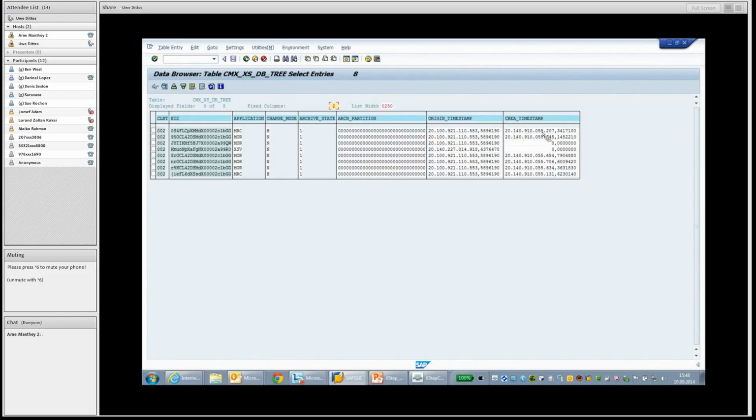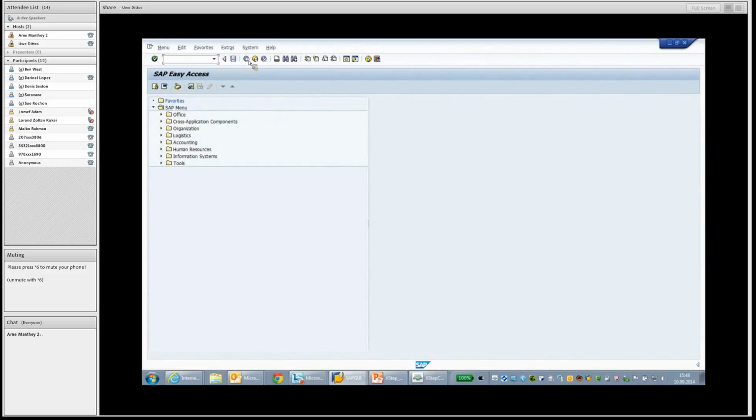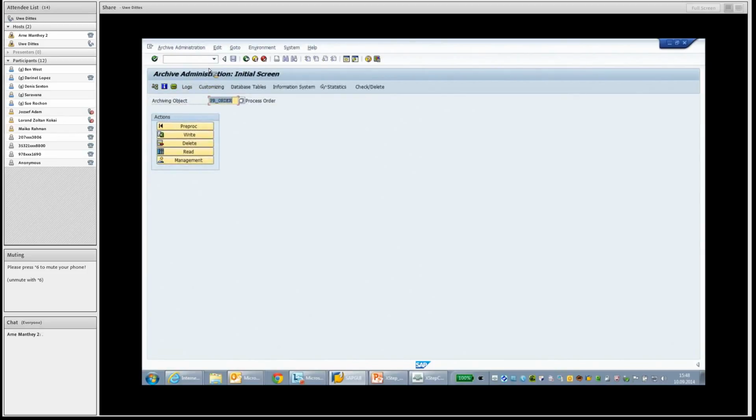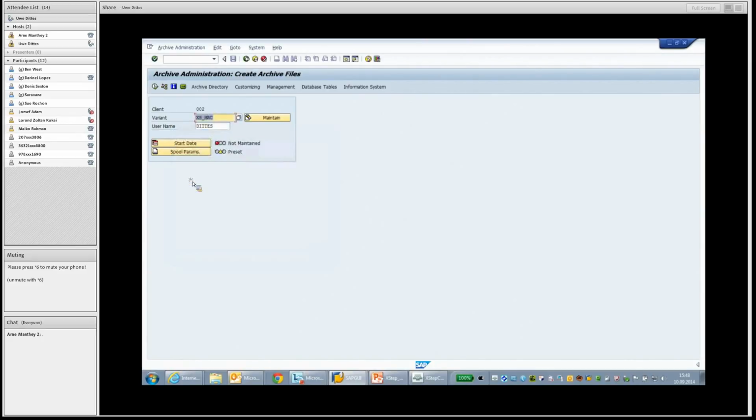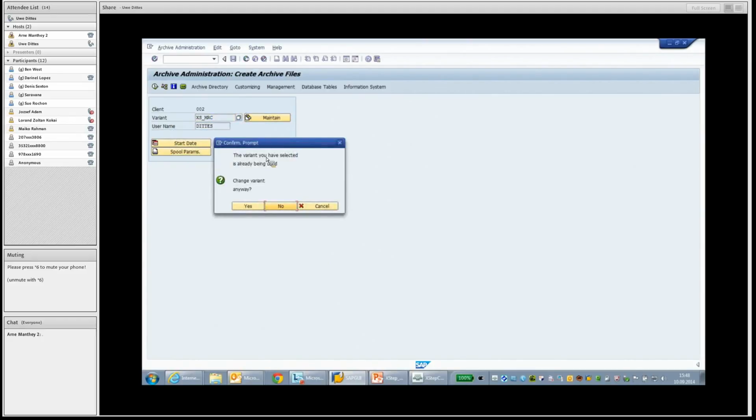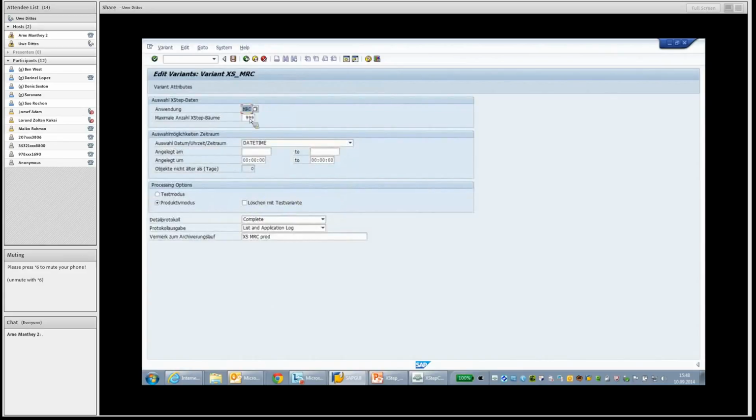But I will select in a couple of seconds my objects using this creation timestamp for archiving the XStep tree data. Okay, here we go. So let's execute the writing report. Here also we have some variants. I created a variant for the